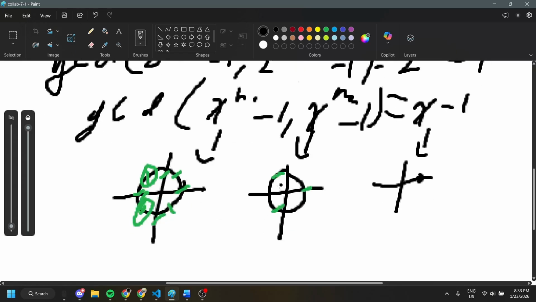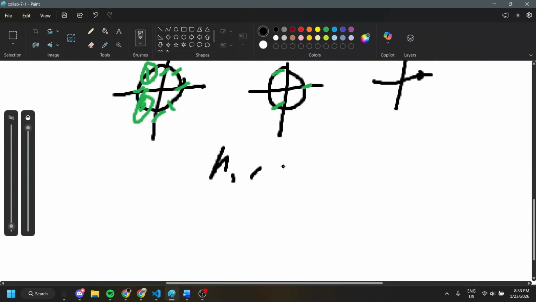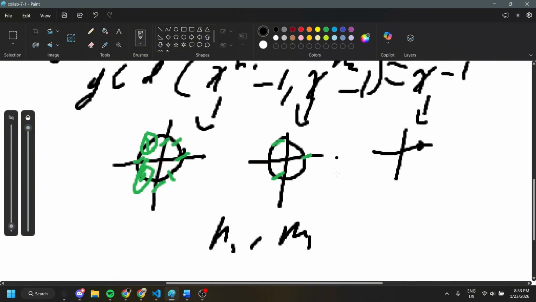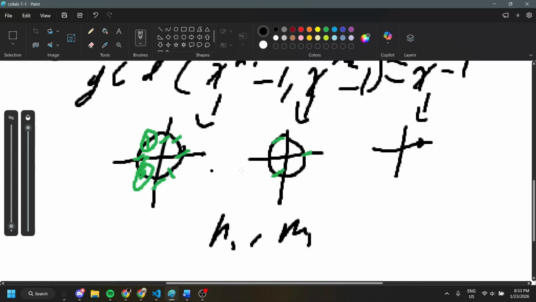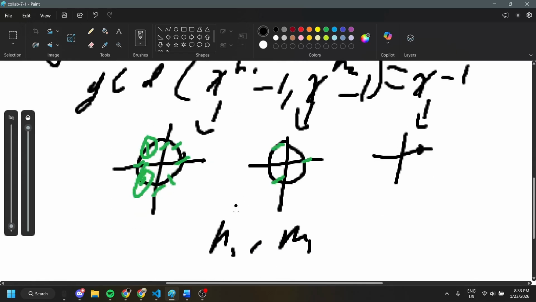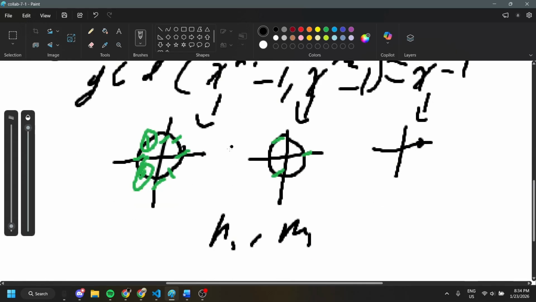We need to say that n1 and m1 are co-prime, because if they're co-prime, then they don't share the same roots, but can we show that? Can we show that they are co-prime? Or sorry, can we show that because they are, if they would be co-prime, then they wouldn't share any roots? Well,